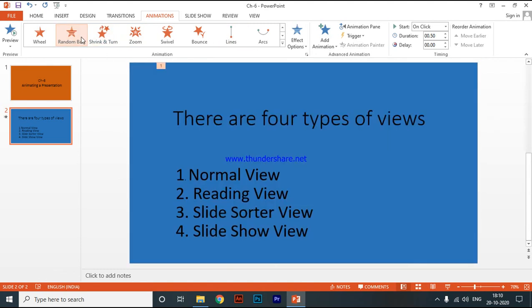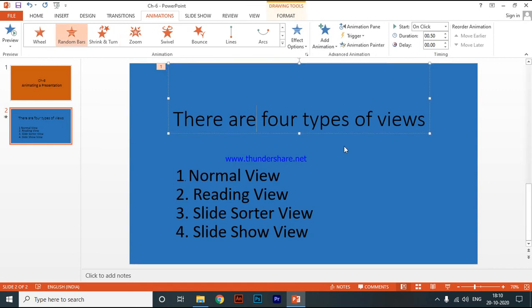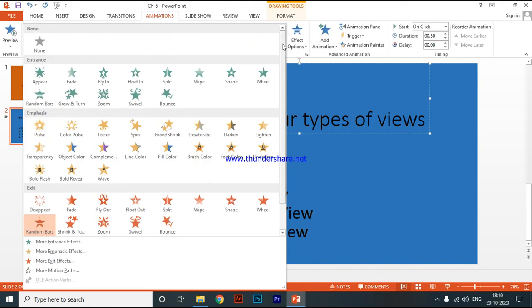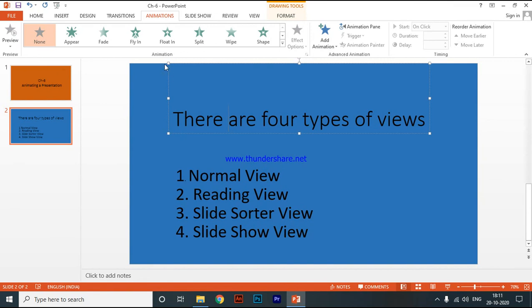Okay, now the next one is on page number 62, removing the applied animation. You can see that is number one. I have applied one animation. If you want to remove this, select the object whose animation is to be removed and click on Animation. Now click on the animation here. Now you have to click the None option to remove the existing animation. I go to the None option, and you will see that my animation will be removed.